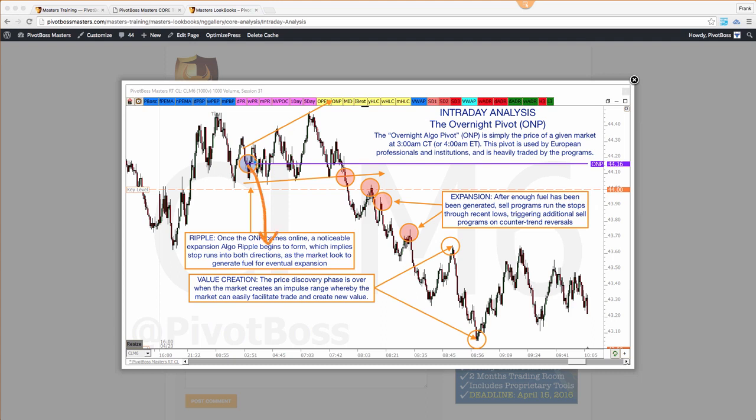Did it go immediately offered? Did it go immediately bid? Or did it chop around it? That's what I'm looking for. Is it immediately bid, immediately offered, or chop? And in this case, you can see it was chop. Down, then up, then down, then up, then down, then up, then down, then up. And you could see it just came and ran the stops either way.